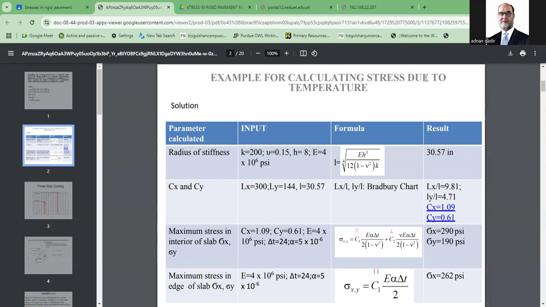So that's it for the first problem. We'll continue with the other problem as well. Till then,